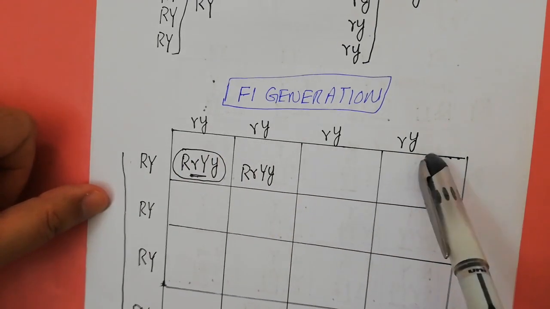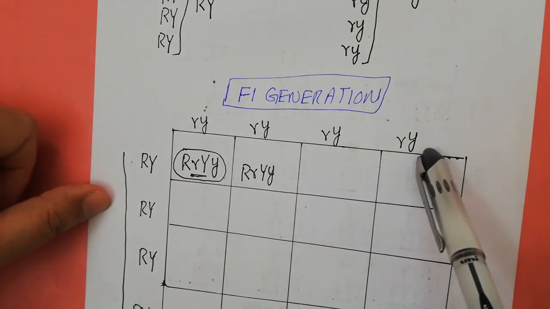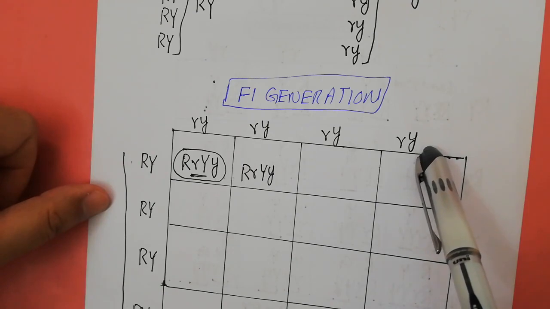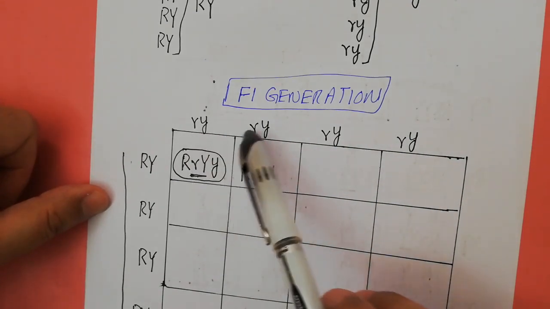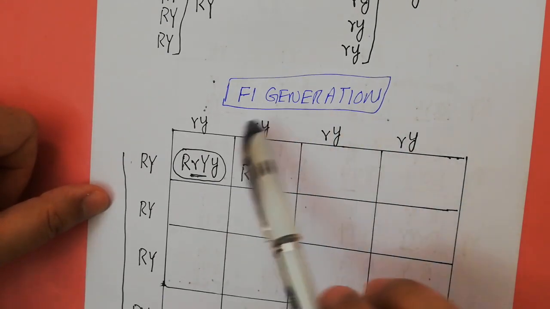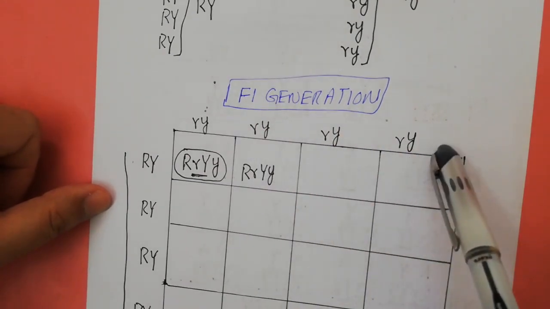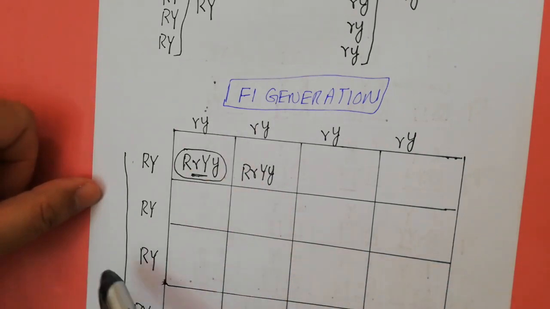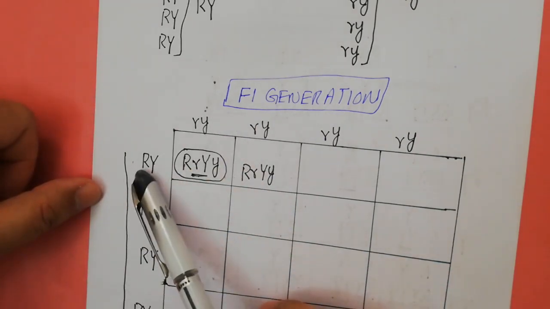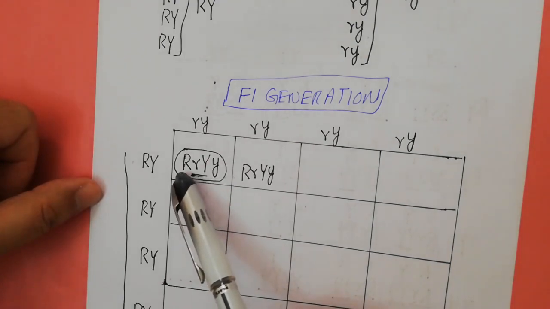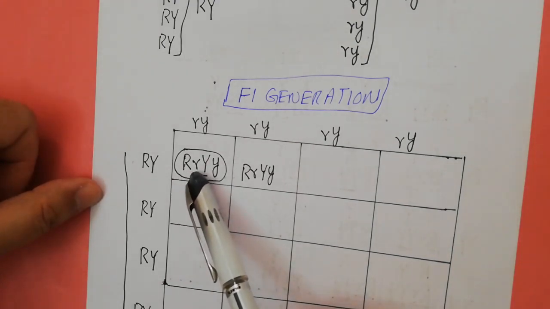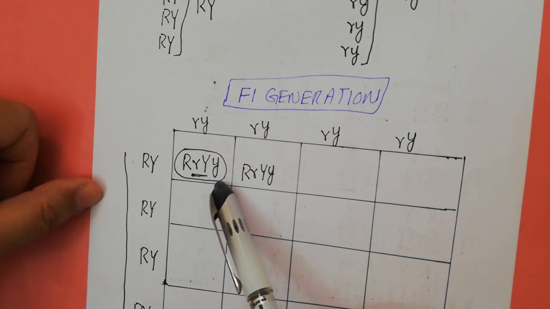The top side of the Punnett square is actually showing you the gametes of the second parent, and as the second parent is producing the gametes, the small r and the small y all of the time, therefore we write that on the top of the Punnett square. If you cross them, this gamete can combine with this gamete, giving you an offspring with a genotype of capital R and small r, capital Y and small y.